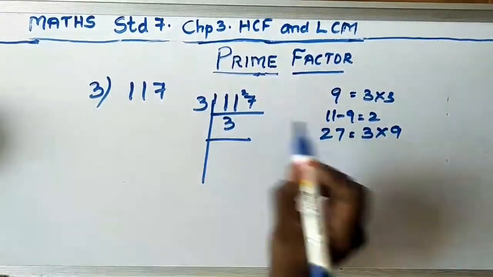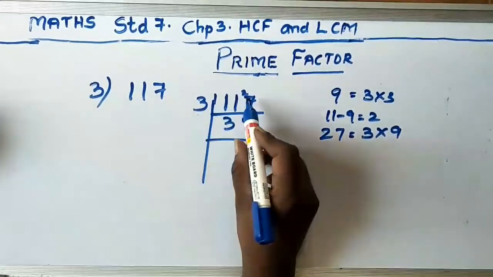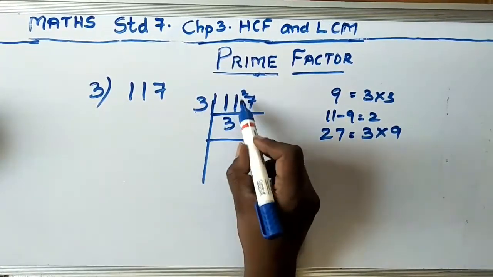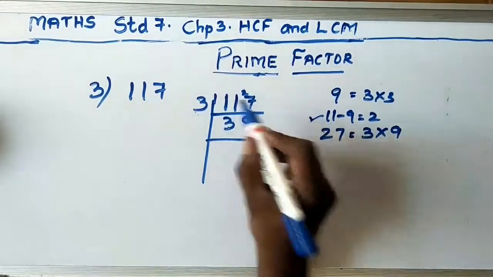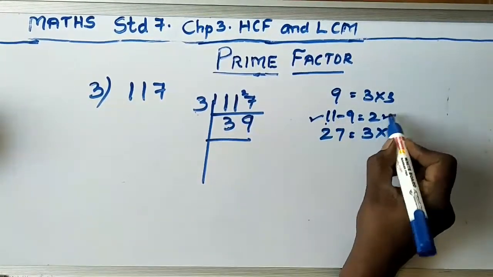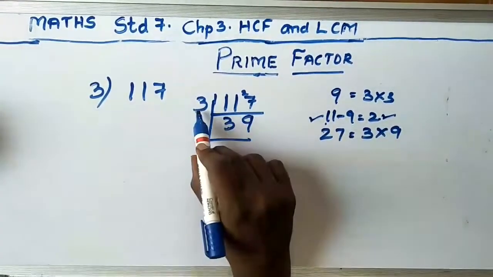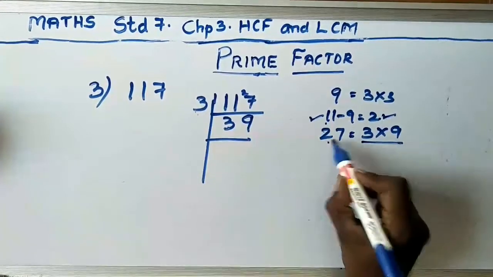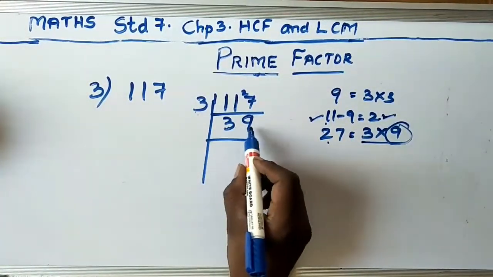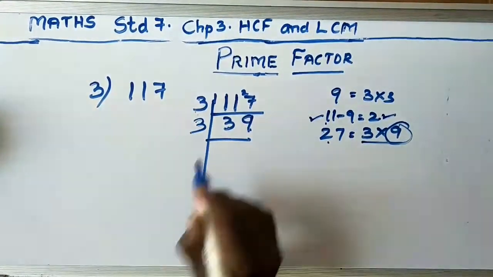So again I'll write here 9. So 9 threes are 27. Once again 3 threes are 9. In place of 11 I had taken 9, and from that I have subtracted this from 11. I got 2. 2 I carry forward here. So it becomes 27. So in 3 table 3 nines are 27. So this 9 I have written here. It becomes 39. So you know that 3 and 9 both are divisible by 3. So I'll write here 3.